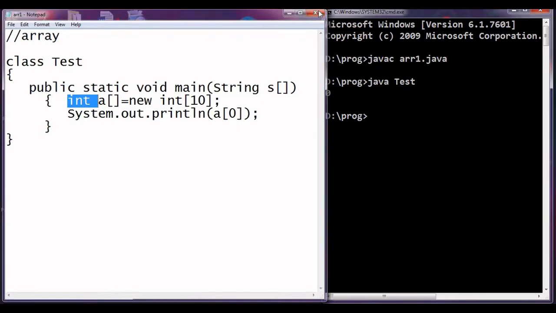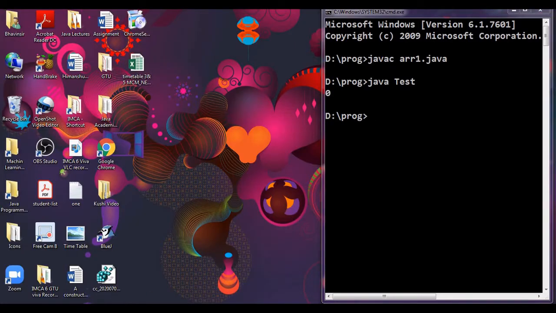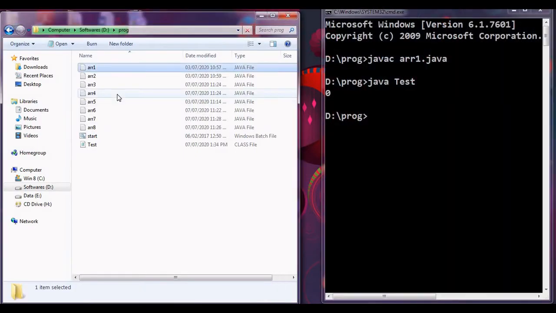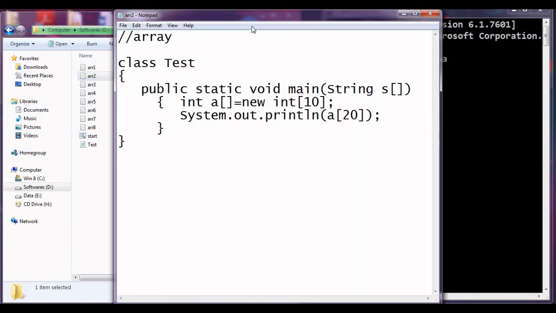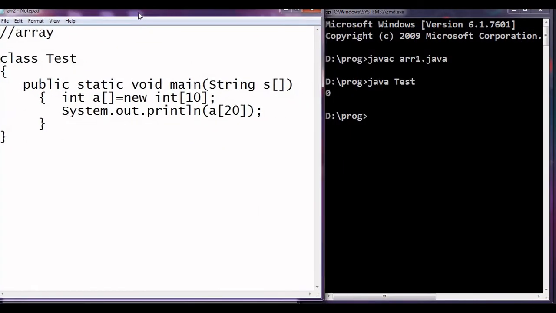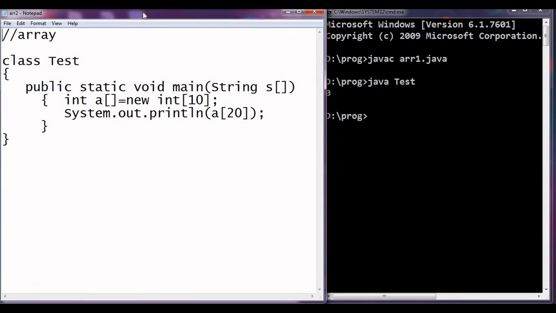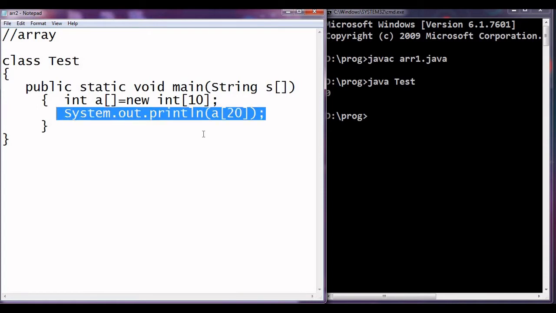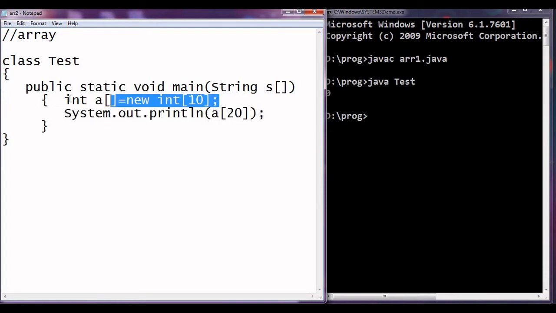Now let us move to the second program. Here we have a second program, and we are accessing the array's 20th element. Here we have created an array of 10 elements. In C, we can access the 20th element even though we have created an integer array of 10 elements.